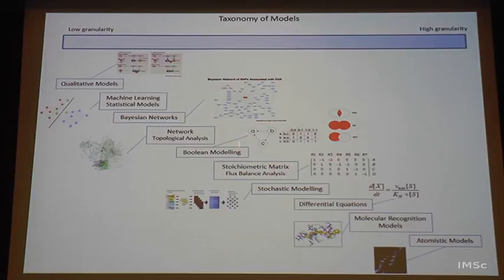Somewhere, I am not really sure if it should be in this hierarchy or not, but approximately in this hierarchy, there is Boolean modeling. So, you do not have very good quantitative data, but you have some sort of binary data, yes or no, and then you have Boolean rules. So, you could easily utilize Boolean modeling for that. I do have a case study for this. Of course, there is topological analysis using networks, like road networks of a city, that are again possible for a large scale when quantitative parameters are not available, but some other type of data is available, which I will show you.